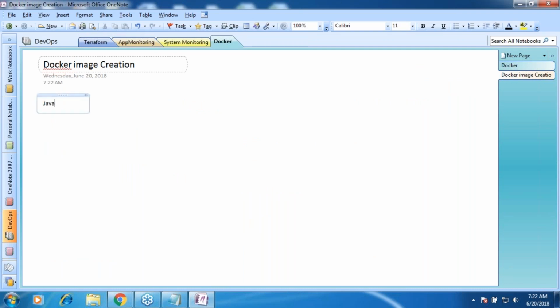I'll be taking a Java application which should run on an app server, and I'm choosing an app server called Tomcat. So this is a requirement. Your company is developing an application which is deployed onto the Tomcat server. First we should know manually how it works, and then we would try to do the same stuff in the container world.